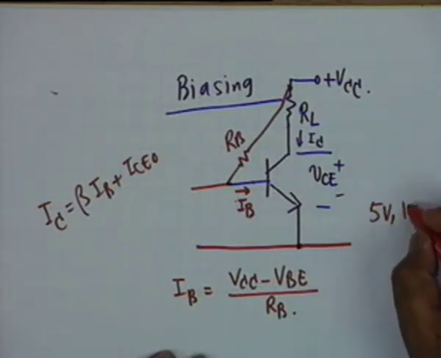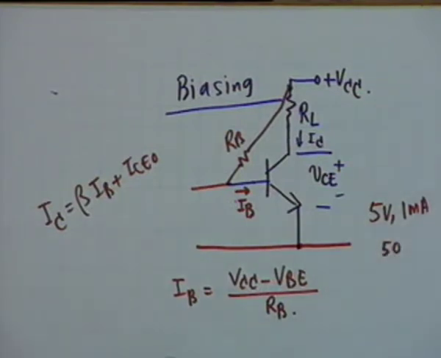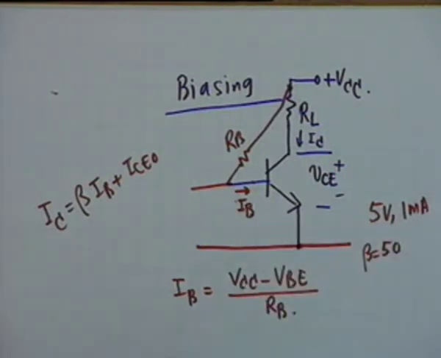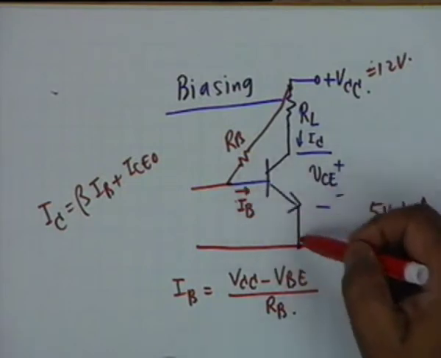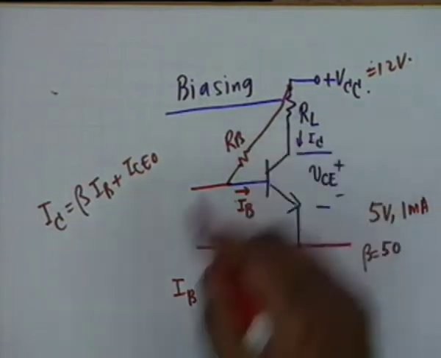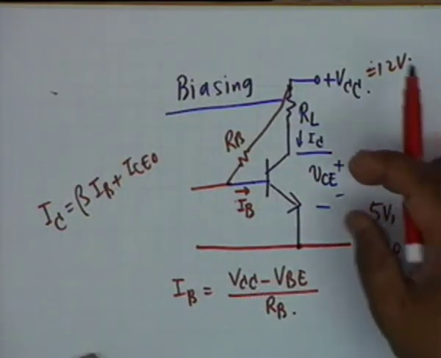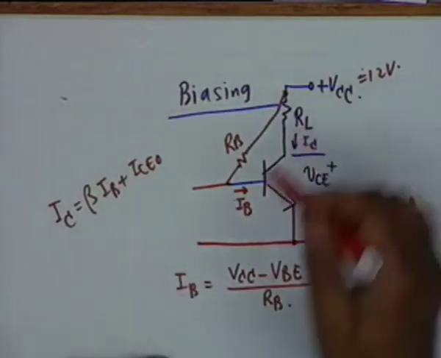For example, if VCE is required to be 5 volt and I sub C is required to be 1 milliampere, with a beta of 50, then you know what your IB required is. IB will be 1 milliampere divided by 50, 0.02 milliampere. And if VCC is 12 volt, then 12 minus 0.7 divided by the resistance will determine IB. So you know RB, all right. And then since you know collector current 1 milliampere, you want 5 volt here, so 7 volts should be dropped here. They are very simple calculations, and therefore you know RL.